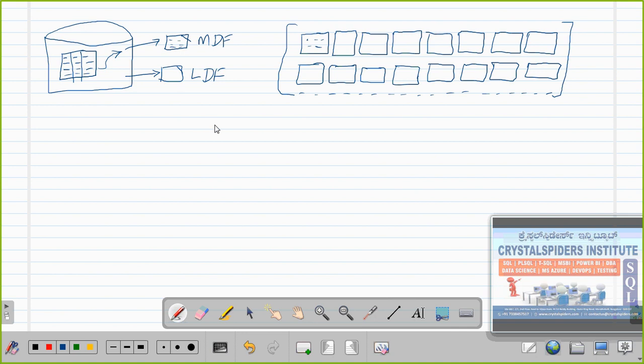And how does a page look, sir? First of all, these are the pages. Inside these pages it will start storing the data. Whatever data we are storing in this table, that same data will go and be stored inside the file. Inside the file we have pages, and that data will be stored inside the pages. These are all what we call pages.